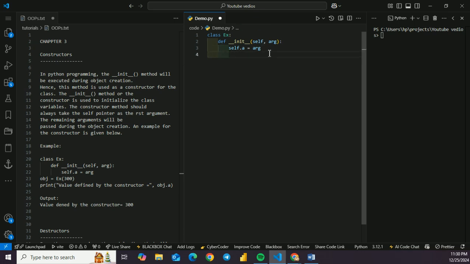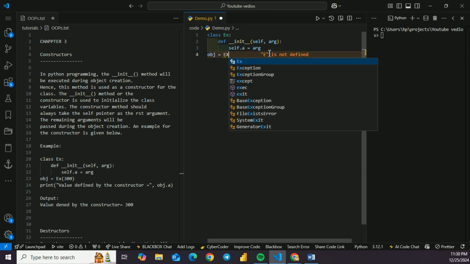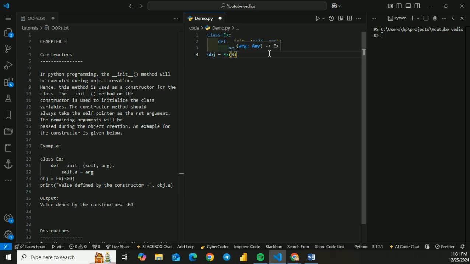Now I will say object equals X, and let's define the argument as 300. Now I will say print, and let's put the value